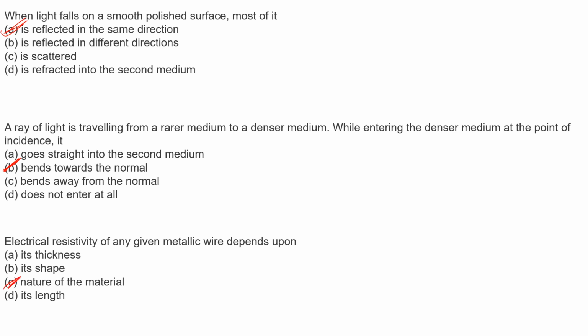Nature of the material, because once the nature of the material is changed, the change in the electrical resistivity of a metallic wire is much greater in comparison to all the other parameters. Since it is a 10th standard or general science question, all the other parameters are not discussed for a general science student, that is, how the resistivity of a metallic wire changes with all the other parameters. It's always discussed with the nature of the material. So the most appropriate answer for this question is the nature of the material.